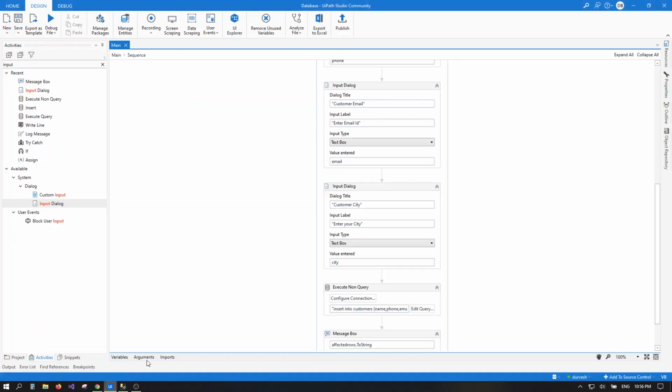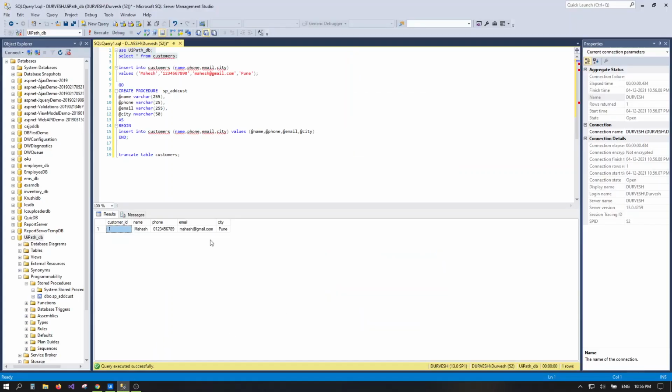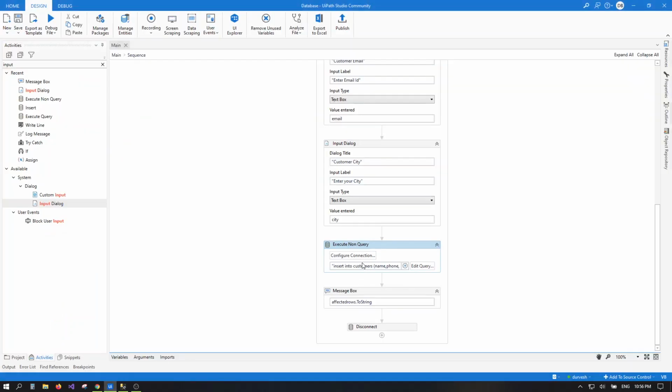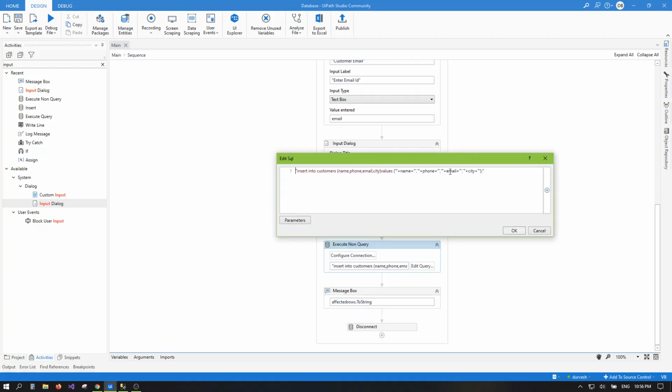Now we will try using a stored procedure. For the stored procedure, I have created one stored procedure, sp add cust. Now I am just modifying this existing activity. In the query, we just need to provide the stored procedure name in the double quotes.